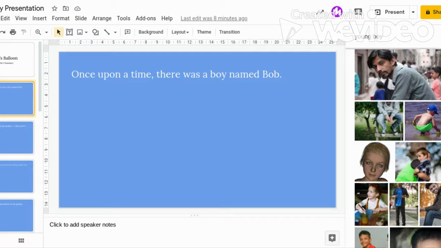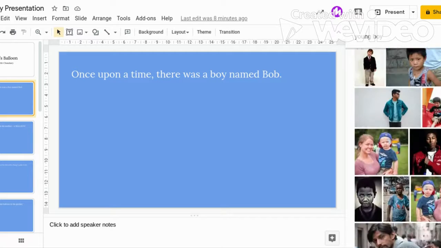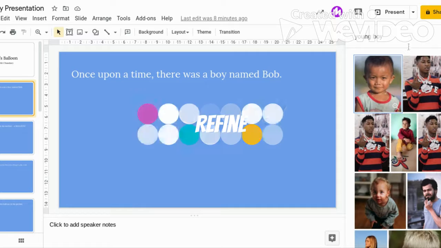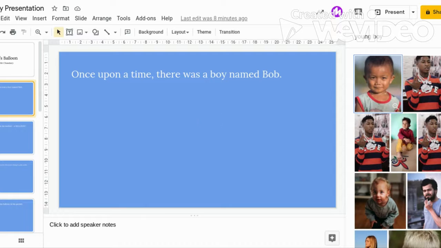I may decide to use one of these, or I may want to refine my search a little bit more. What do I mean by refine? I mean being a little bit more specific so I can get more specific results. So I may type young boy. I might type in